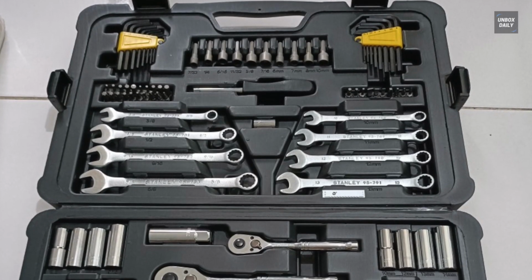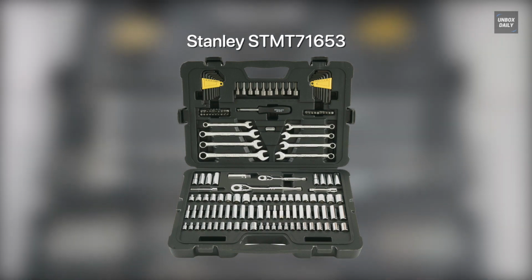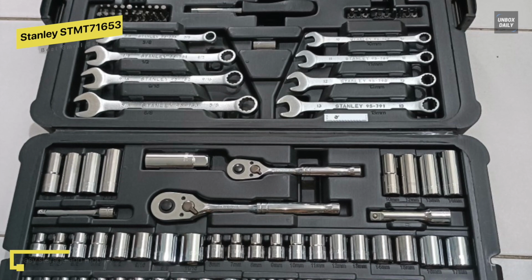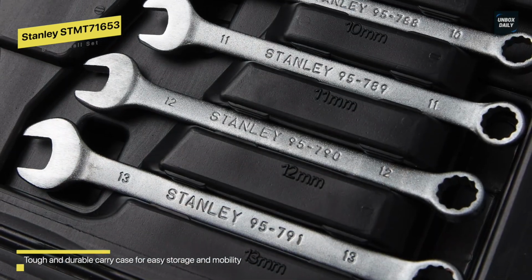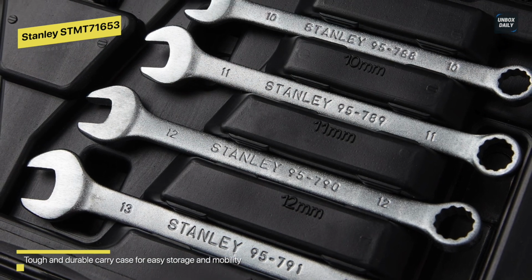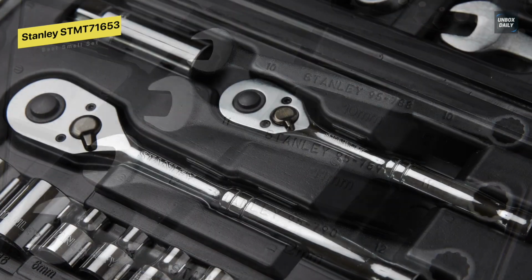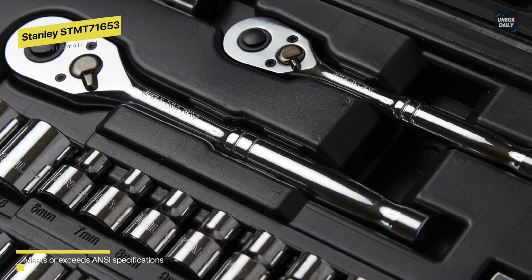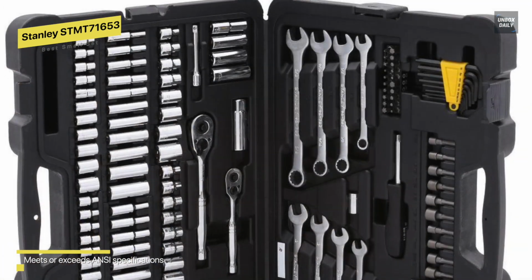Best small set, Stanley STMT72165. This 145 mechanics tool set includes a complete selection of SAE and metric-sized sockets and drive tools. Its socket set combines the most commonly used tools for easy access. The Stanley drive tools, on the other hand, are made of high-quality steel and finished in high-polish nickel chrome or black chrome. Some of its ratchet handles are ergonomically designed and feature an easy-to-use reverse switch mechanism that is operated